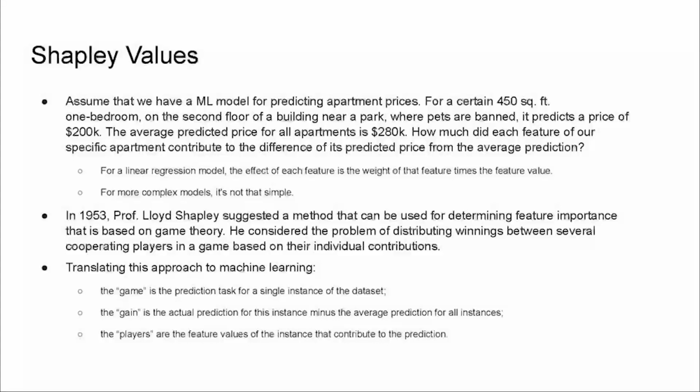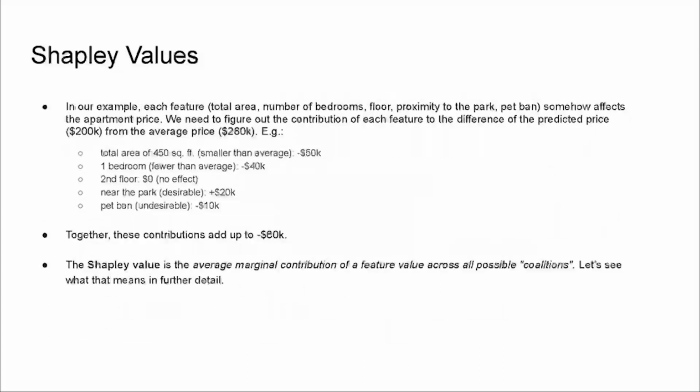The players are the feature values of the instance that contribute to the prediction. In our example, each feature, for example, total area, number of bedrooms, floor, proximity to the park, and banned pets, somehow affects the apartment price. We need to figure out the contribution of each feature to the difference of the predicted price, $200,000, from the